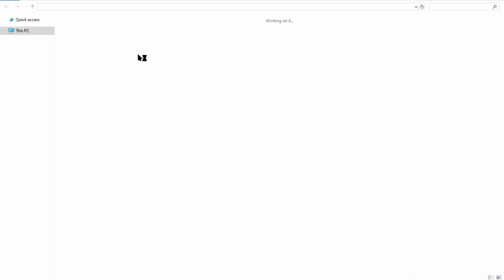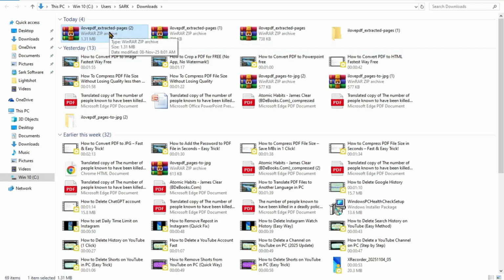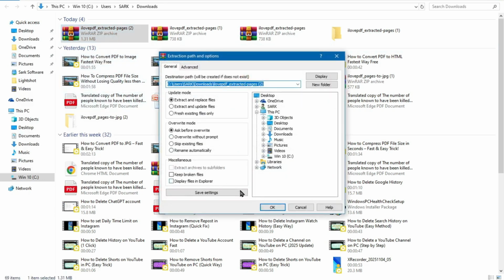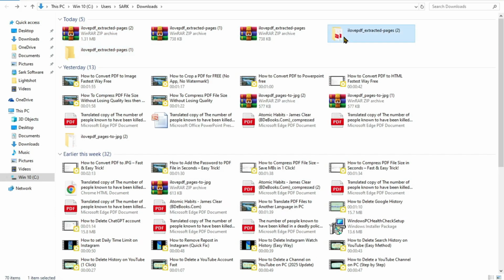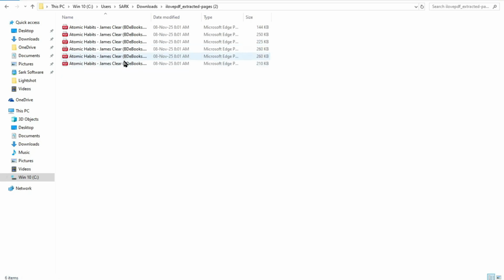So I need to extract this zip file as well. So now click on right button, again click on extract file, again click on OK. That's it. Wow, you can see this is a 1 2 3 and 6 PDF file automatically downloaded to my computer. So this is the method how you can split